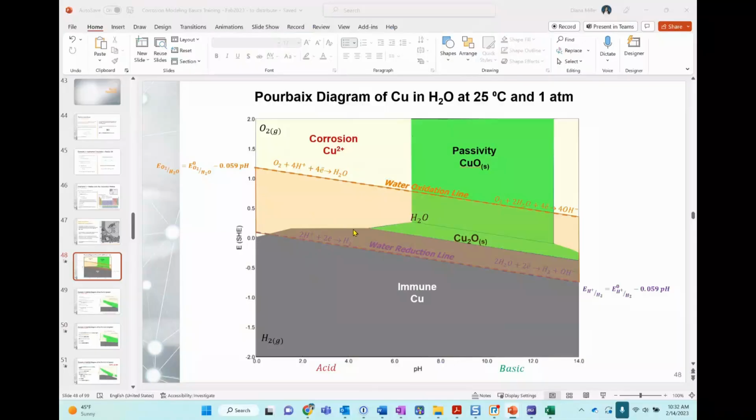So in this case, for example, you are passing elemental copper to copper plus 2 here. You are corroding the system. You are creating electrons, or electrons are being pushed out of this copper here.